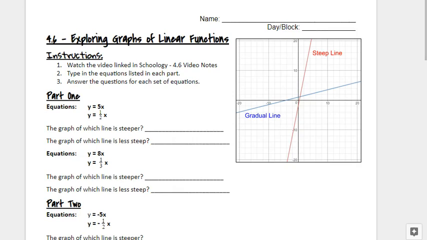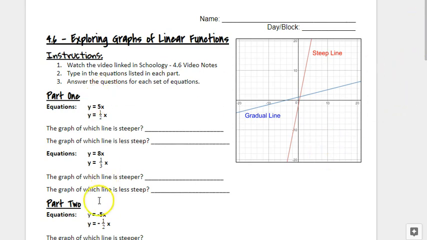Today our topic is exploring graphs of linear functions. So, the instructions are to watch this video, and I'm going to show you how to complete the activity, and then you're going to complete it on your own. So it's a little bit different than the video notes, but I am going to get you set up to